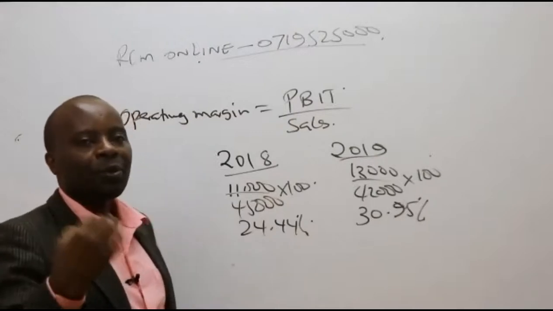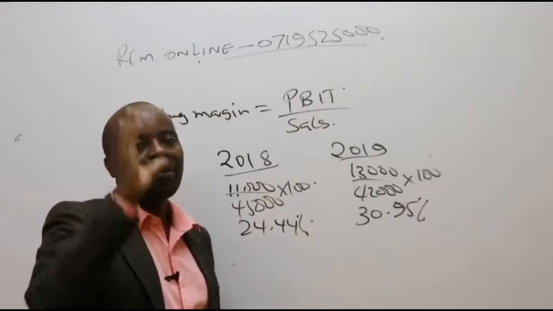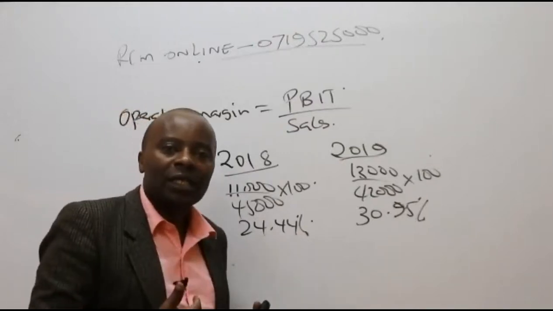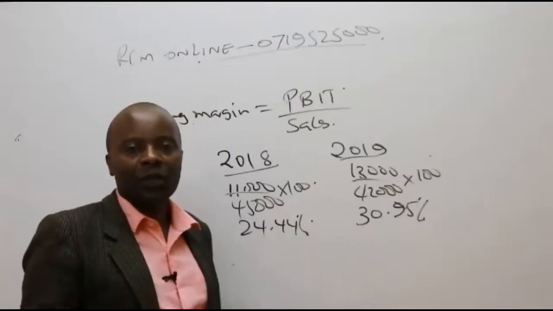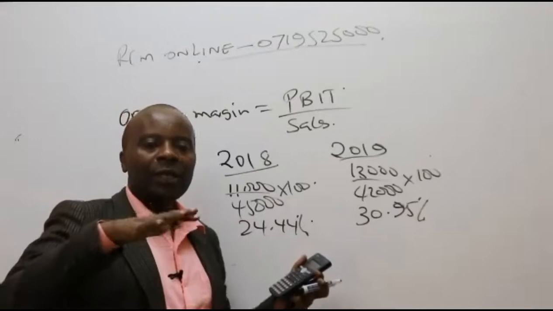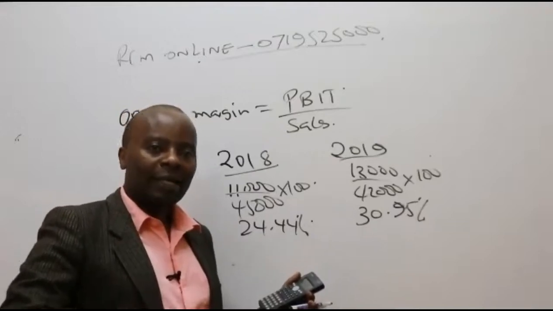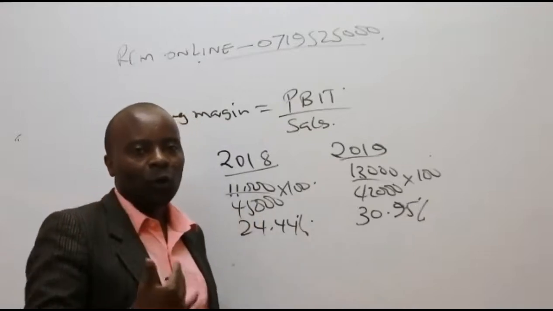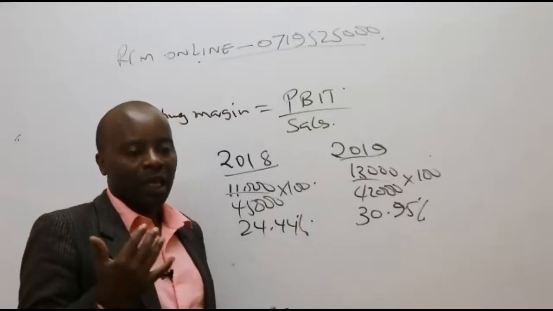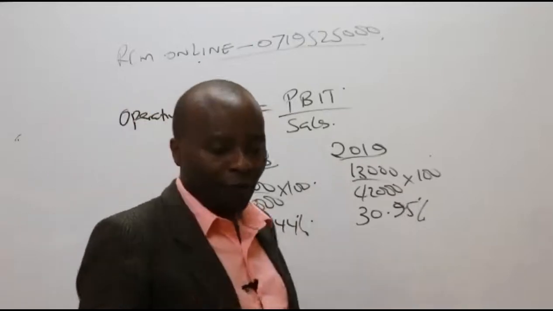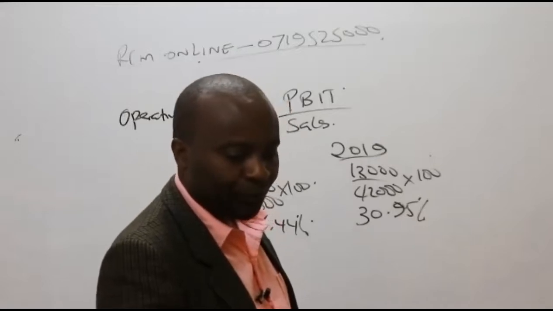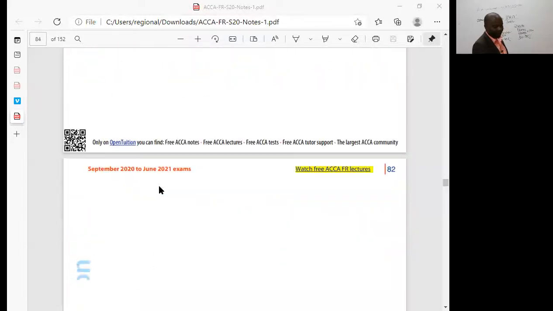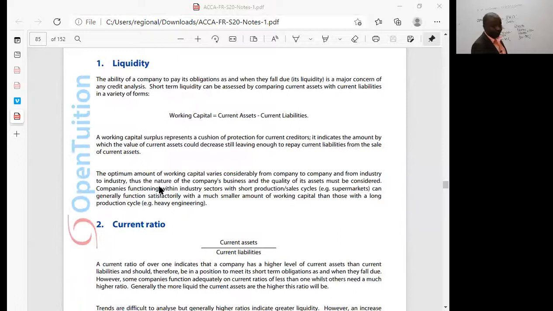Meaning that our gross profits in comparison to the sales, our GPM up there, was showing a bad thing, but we made improvements in terms of operating expenses. Because our operating expenses here went down automatically, ladies and gentlemen, our operating margin must have gone up. So we made quite significant savings in the form of what here? In the form of operating expenses. So I hope that is okay,